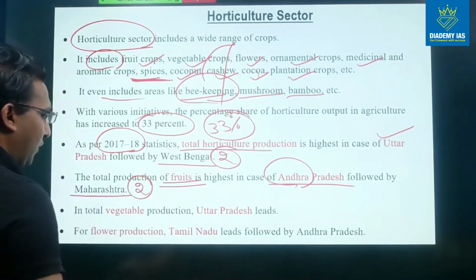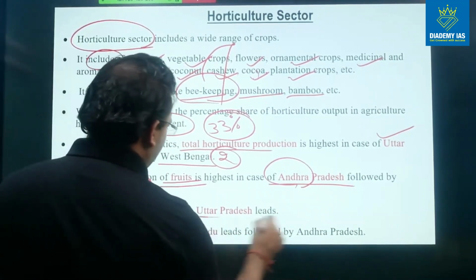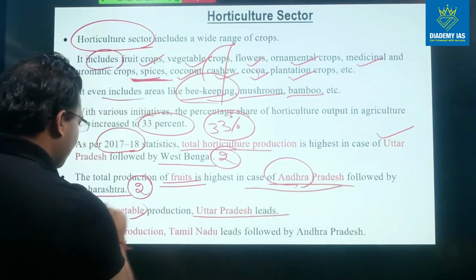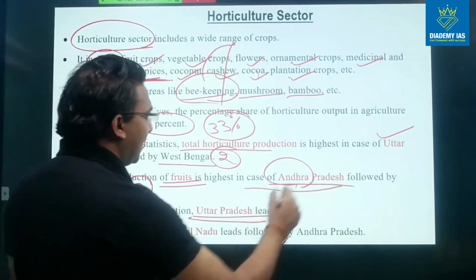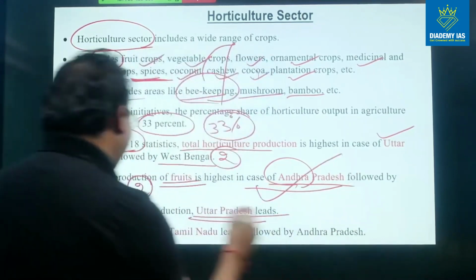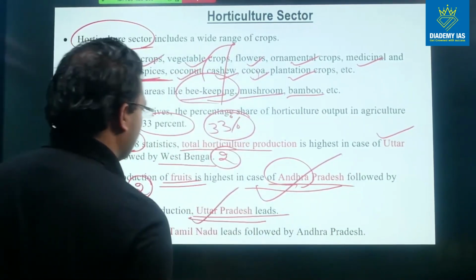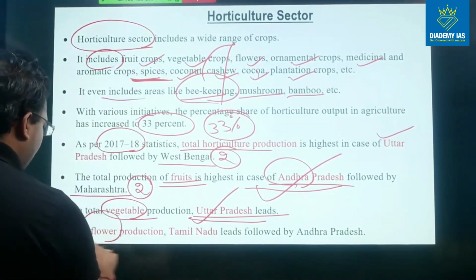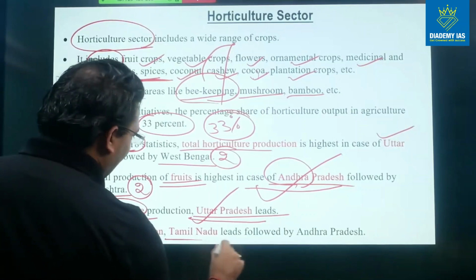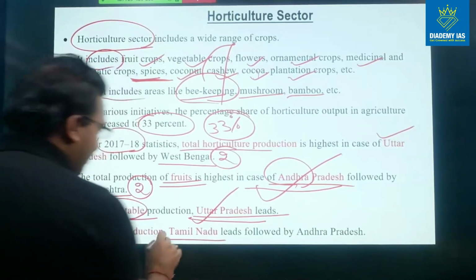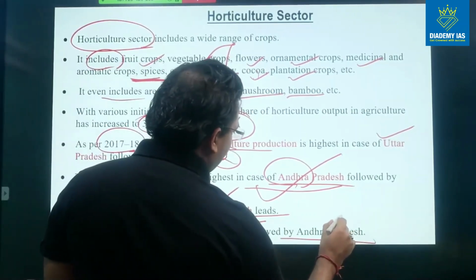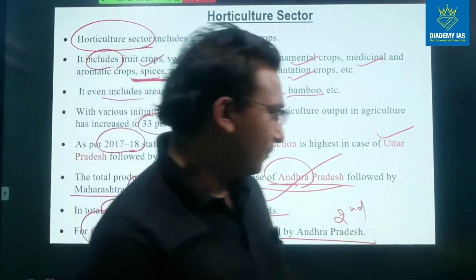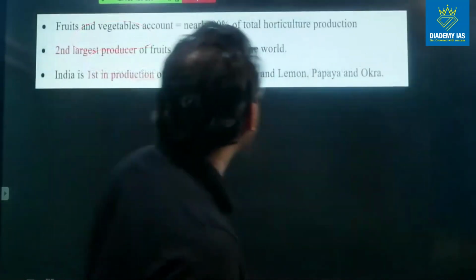The total vegetable production उत्तर प्रदेश, है ना? तो फ्रूट्स में आंध्र प्रदेश और वेजिटेबल्स में आपको उत्तर प्रदेश. अगर आपको फ्रूट्स खाने हैं तो आंध्र प्रदेश घूम के आओ, अगर वेजिटेबल्स खाने हैं तो उत्तर प्रदेश घूम के आओ, है ना? इस तरह से आप याद रख सकते हो. टोटल फ्लावर प्रोडक्शन, अगर आपको फ्लावर चाहिए तो आपको तमिलनाडु जाना होगा. तमिलनाडु is the first highest and Andhra Pradesh is the second highest. So these are the facts, very easy to remember, can be asked in the examination.